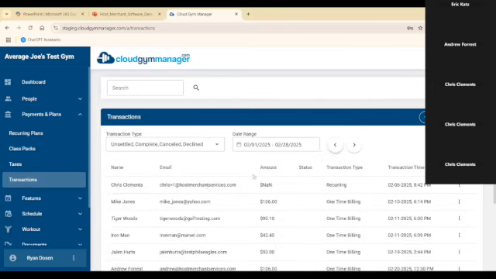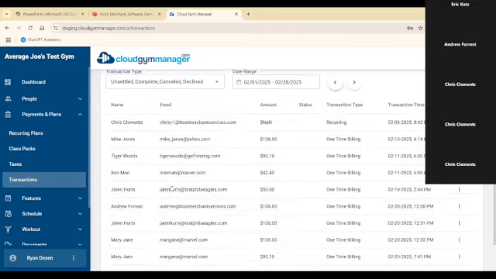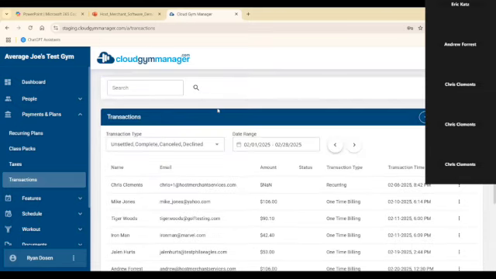And if you take a look at the date range, you're able to pull up all the different transactions and see what was processed. All right. Next,